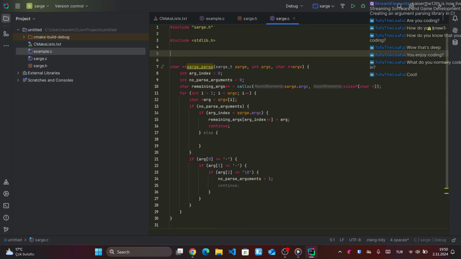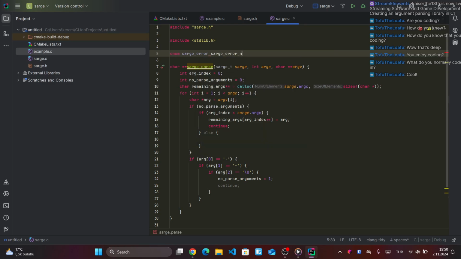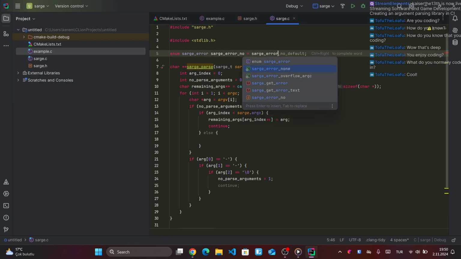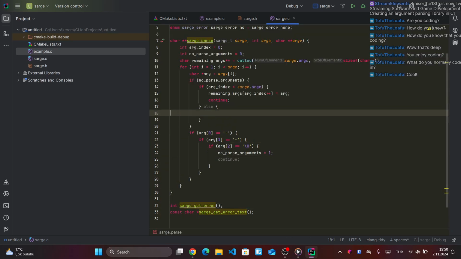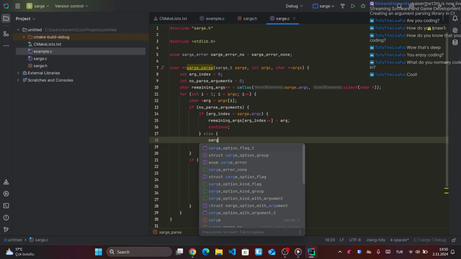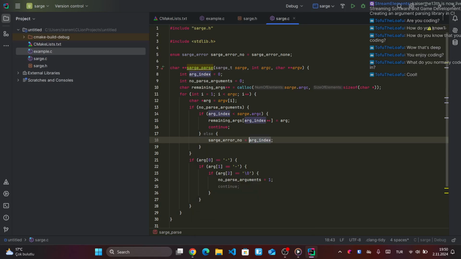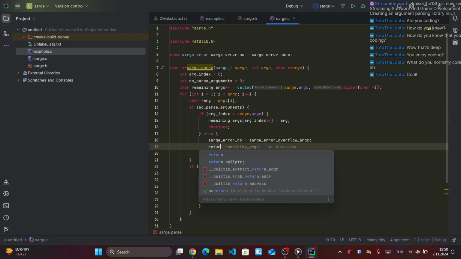So I'm going to say error, sarge error, no, sarge error, no, that works for me, and it starts with sarge error no. So we have no error first, initially we should have no errors in order to work, and if we encounter any errors, we set sarge error no to sarge error overflow argc here for this error, and we return no,